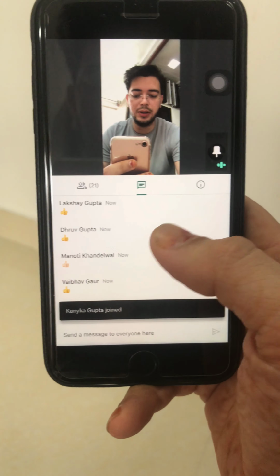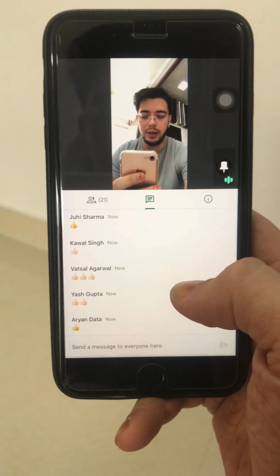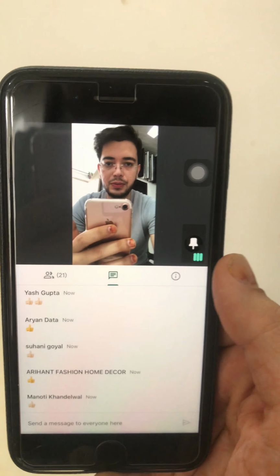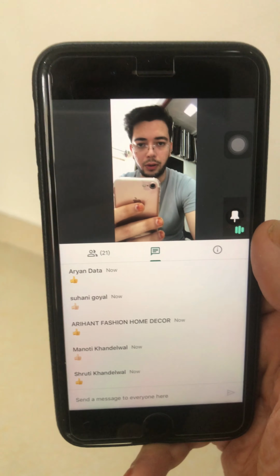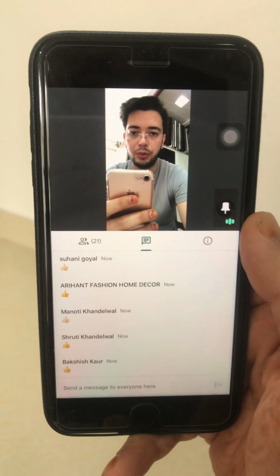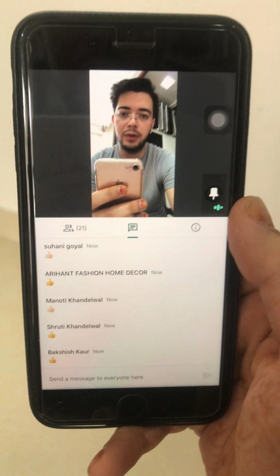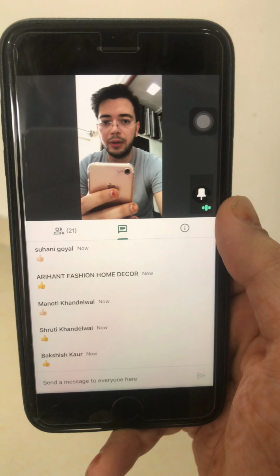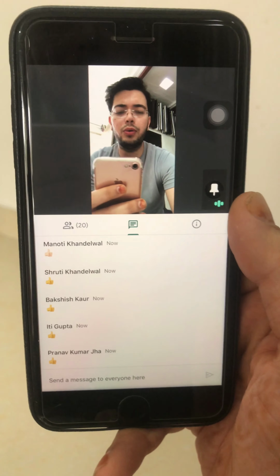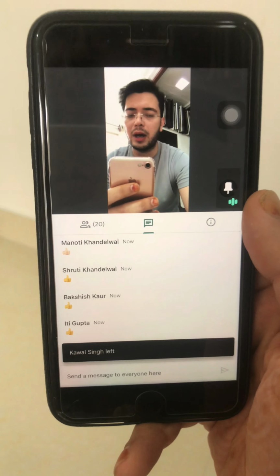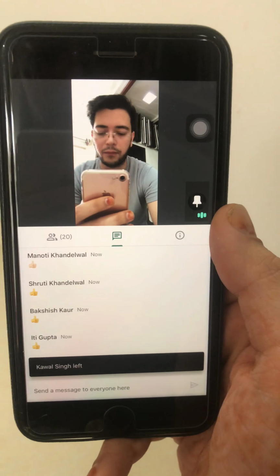So now you can see they are listening to the audio and they are replying like this. It is very easy to communicate with the children. We can ask them to switch on their audio, and we can even ask them to switch on the video itself. If we have asked them to make something or do some work, we can ask them to show that work also through the video platform.